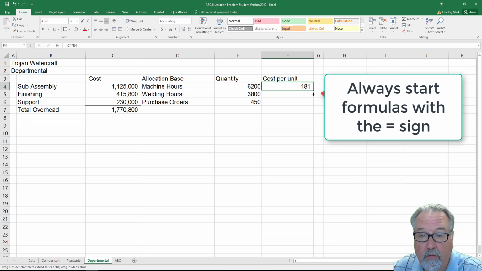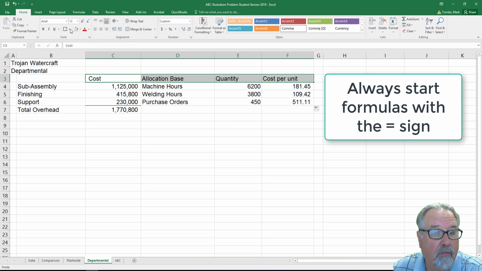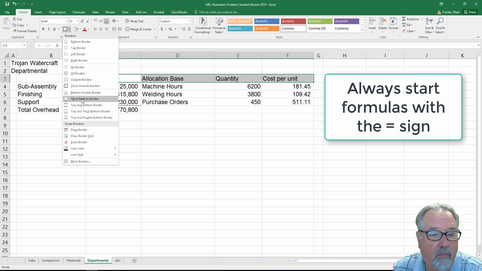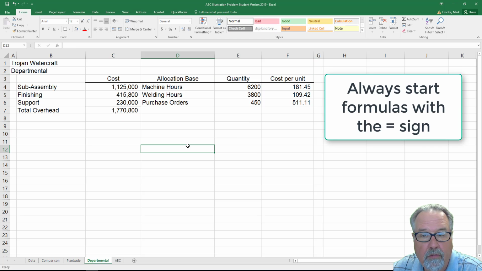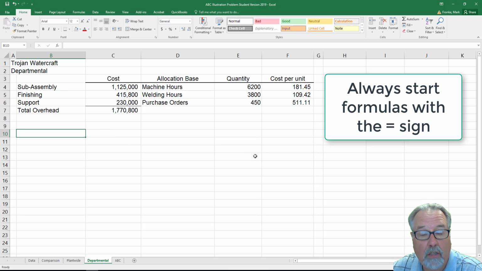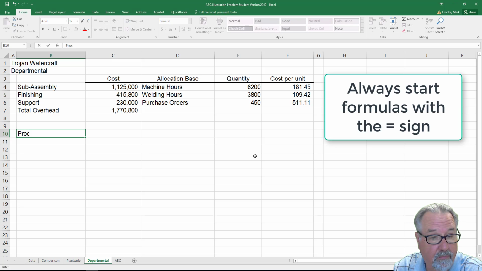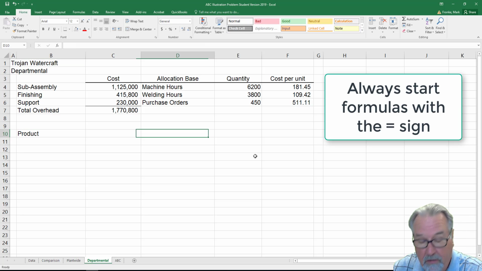And I use the drag tool, and let's do a little bit of formatting. We're going to format this with a thick bottom border. We're going to center it, and now down below we can then calculate for each of our products. So we've got product,